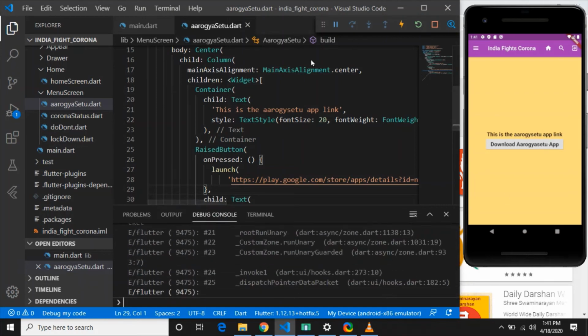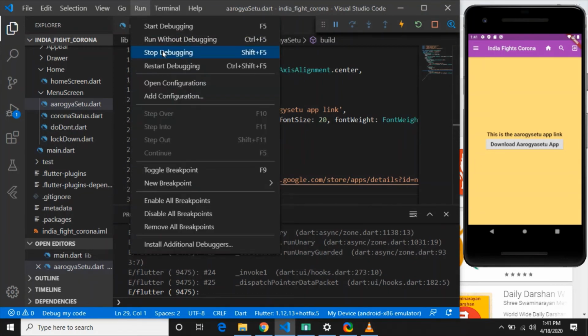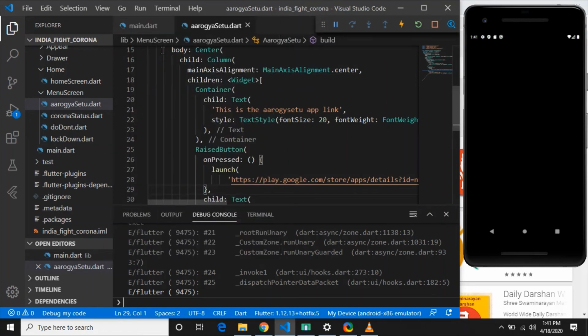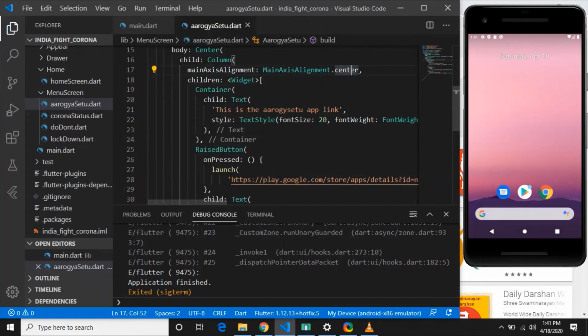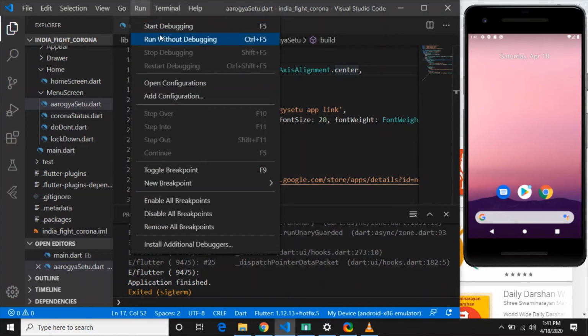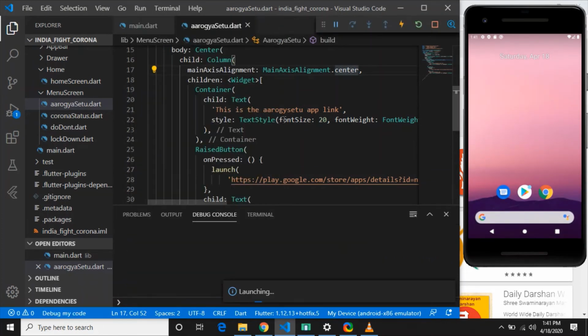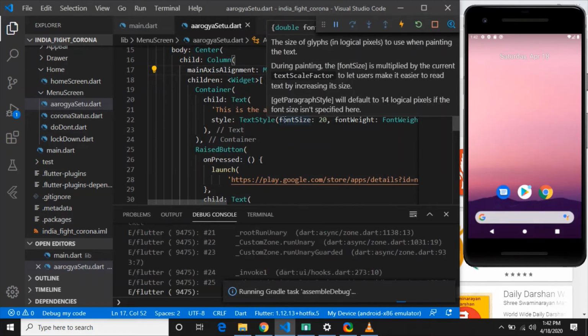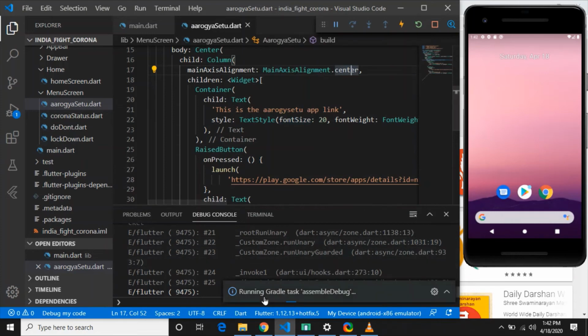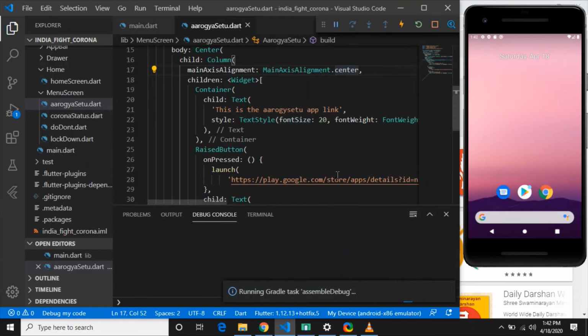After you stop debugging, you have to run without debugging again. This is the important step you should follow, because without that your app will not work, I am sure. So just close whatever previous error you are getting and wait for some time. Once your app is ready, that time it will definitely work.